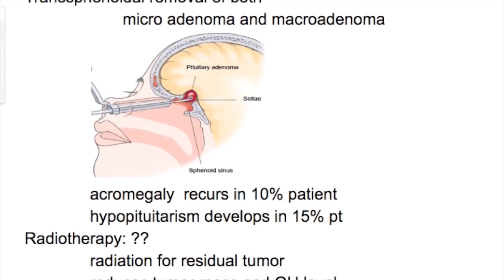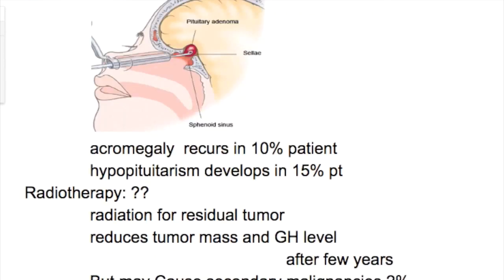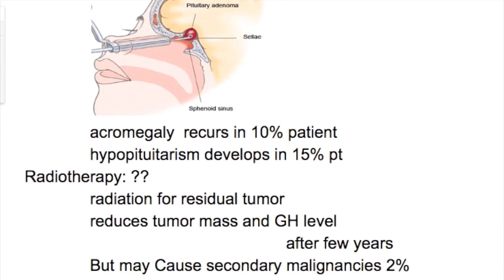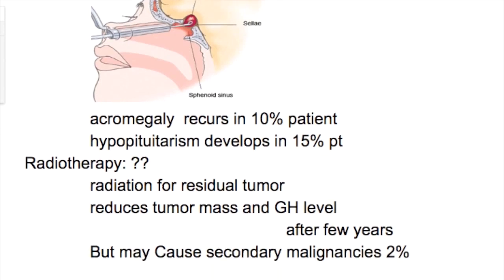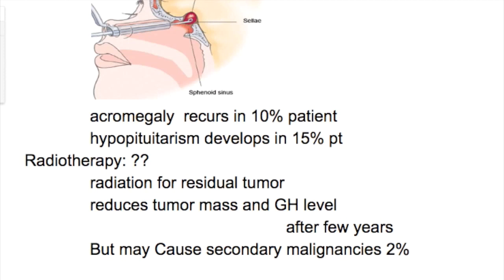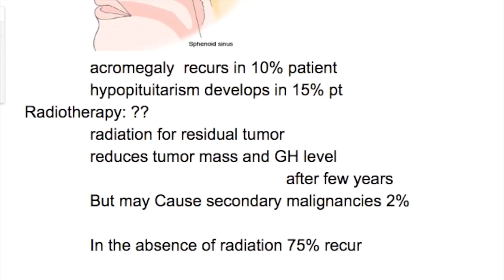It reduces the tumor mass and growth hormone level after a few years, but it may cause secondary malignancies in 2% of cases. But the advantage is that in the absence of radiation, 75% of the tumors recur. Due to hypothalamic damage, more than 50% of the patients develop pituitary deficiency in 10 years, and most patients require lifelong pituitary hormone